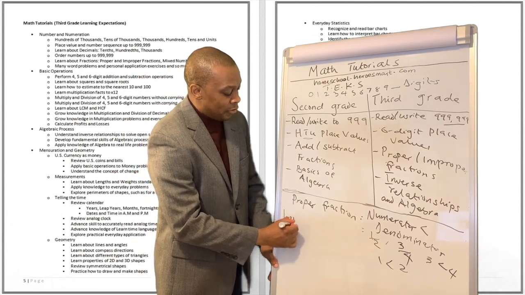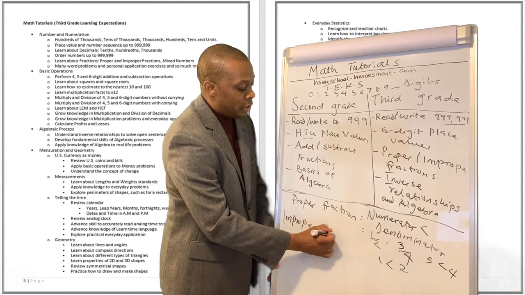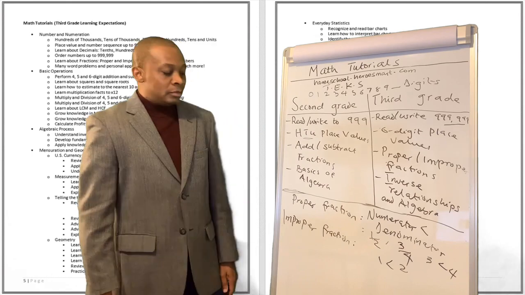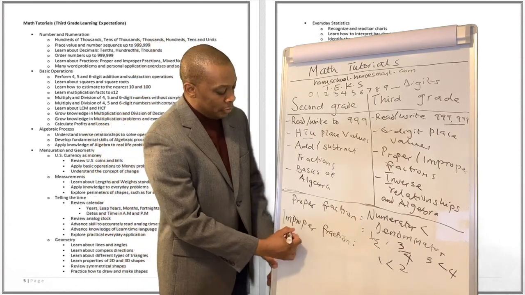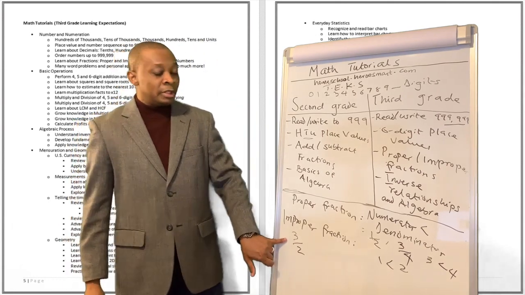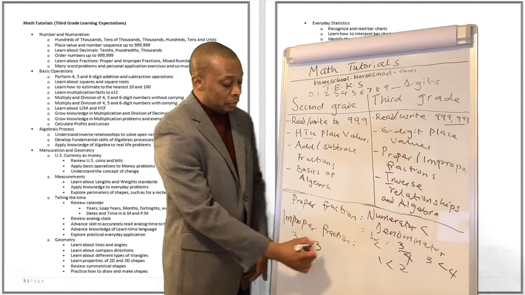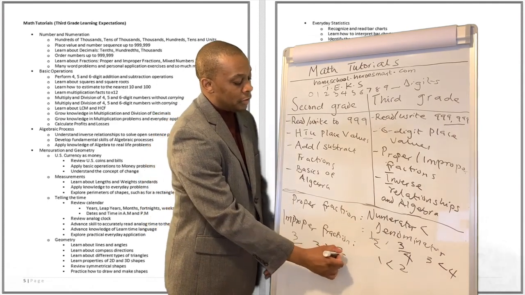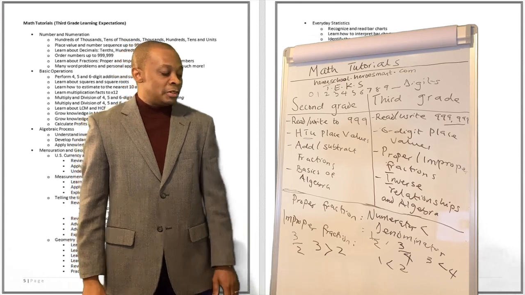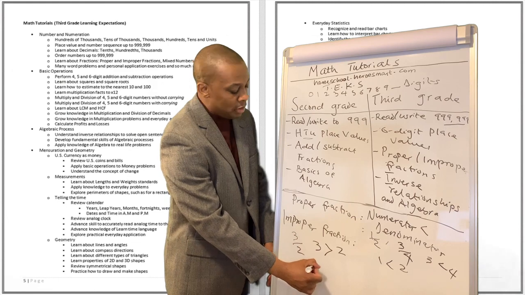So an improper fraction is a fraction in which the numerator is greater than the denominator. An example of an improper fraction will be 3 divided by 2. Over here we can see the numerator is 3 and the denominator is 2. 3 is greater than 2. Well, in what situation is this fraction going to be like this? The situation is if you have,